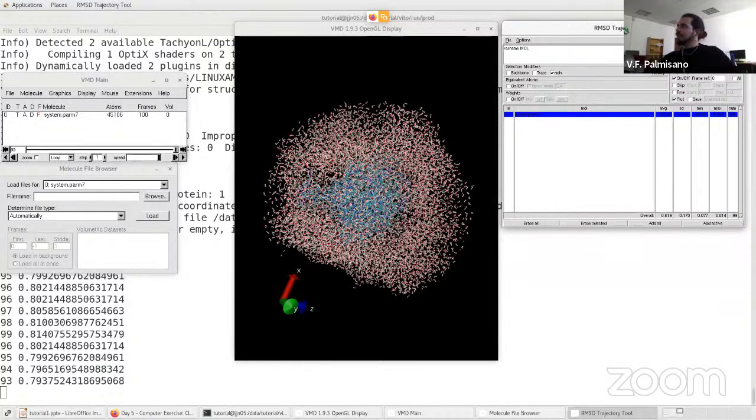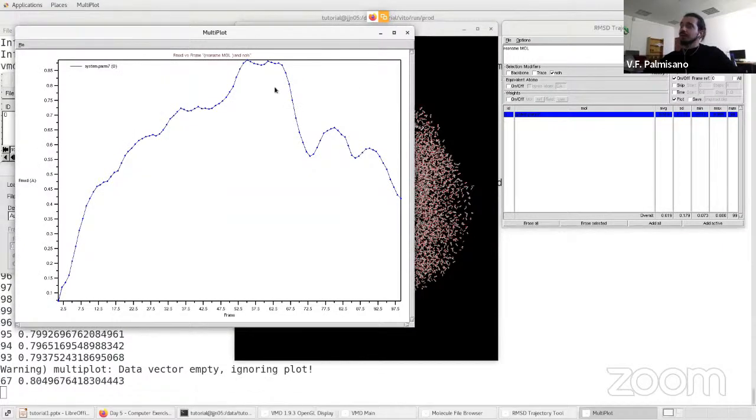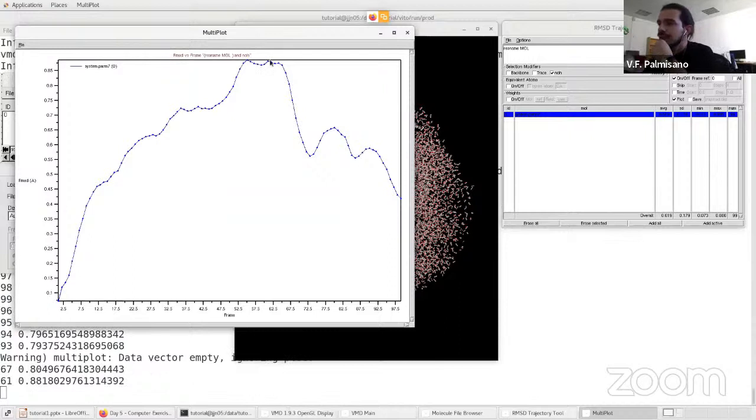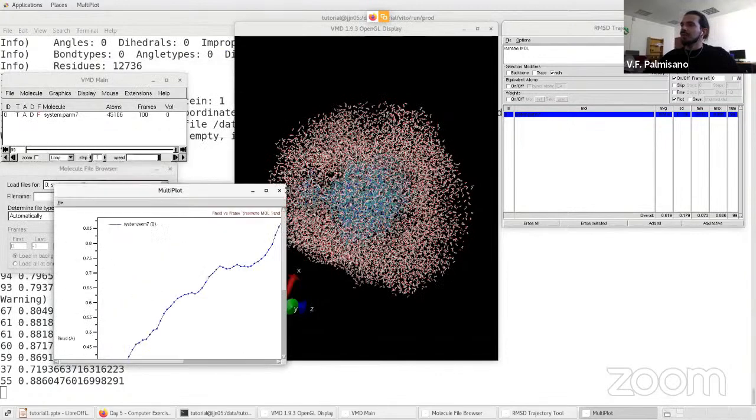And we can plot the root mean square deviation of the ligand in comparison to my protein. And now, as before, since it's not equilibrated, we cannot really judge, but there is a root mean square deviation that goes to a maximum of 0.9. Therefore, now if we keep this here small,